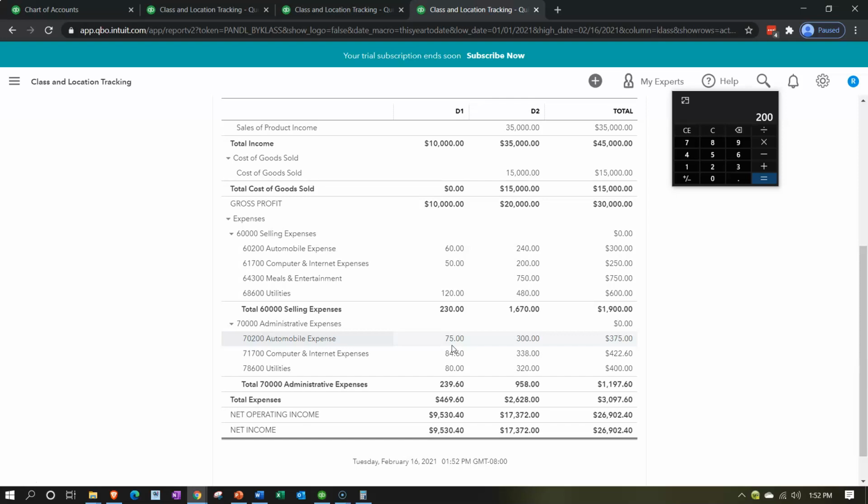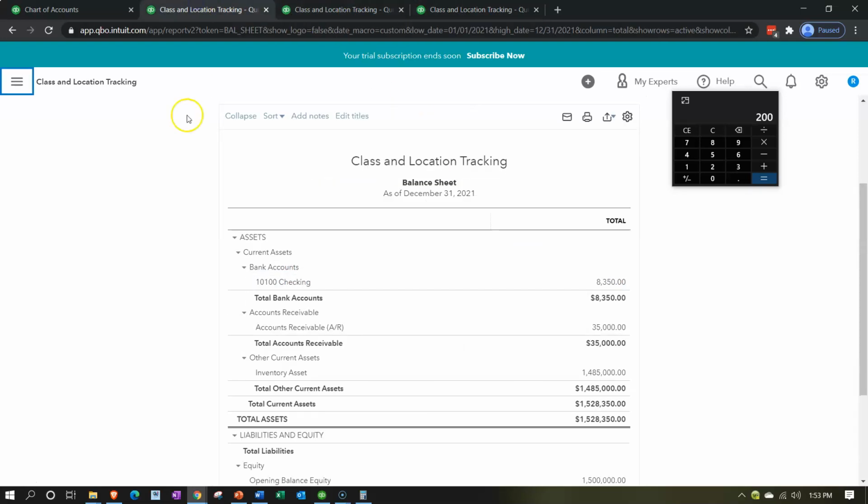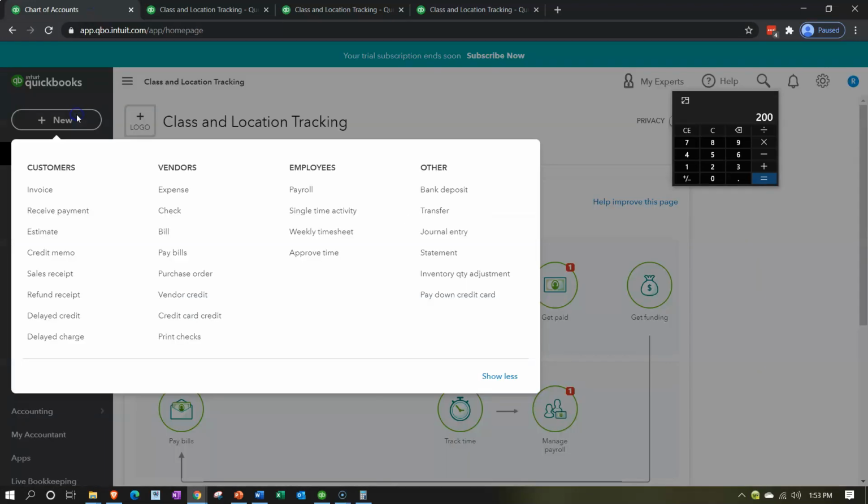Now remember, you could do this in another format. You could say, hey, look, I don't know whether I should be allocating to D1 or D2 for certain items. Maybe I don't know until the end what the best activity base is, or how I'm going to be allocating between one or the other. So you might put, for example, everything into unclassified and then classify it at the end of the month or year. So for example, let's go back to the first tab, add another expense